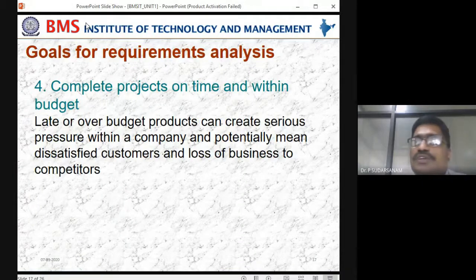For example, you take the MCA program. You have joined a 3 year program. Some people have joined a 2 year program. Within that you have to complete it. Otherwise what will happen? One example: one student, say X and Y. If 4 or 5 subjects are failed in one semester, they are not able to be promoted to the next semester. That means what happened? One more semester's fees are wasted, and one more year they are wasting in the education system. So that is also most important.